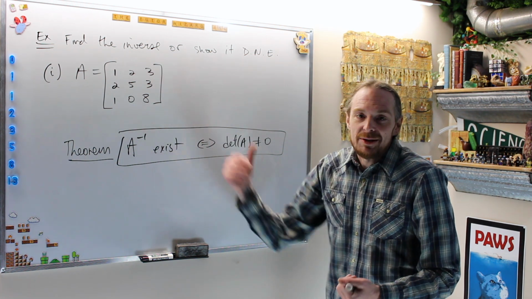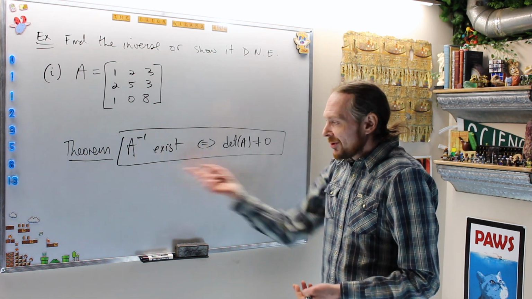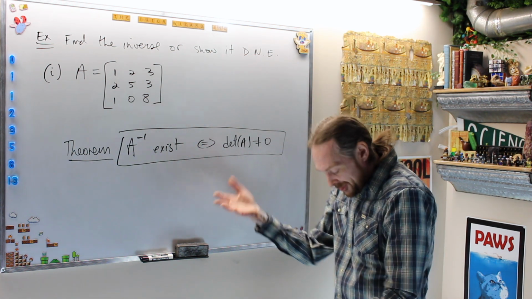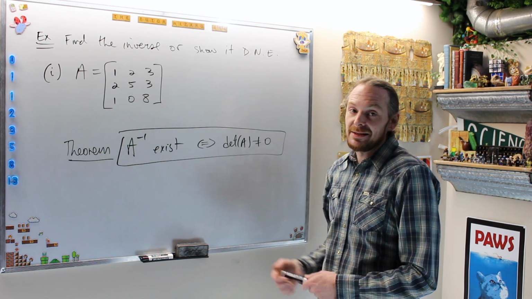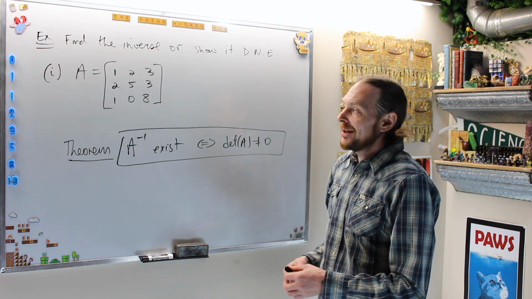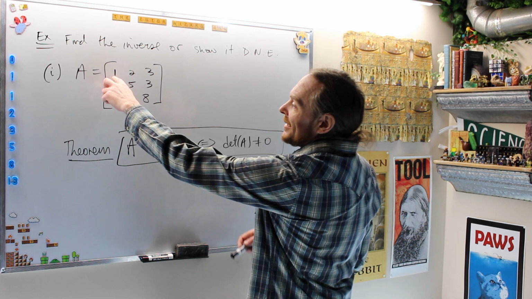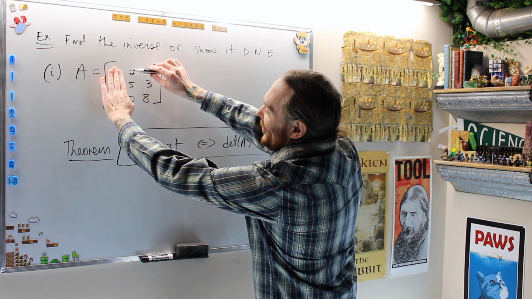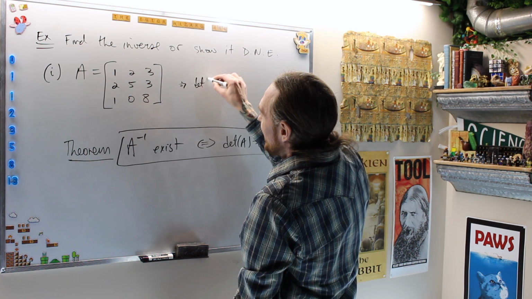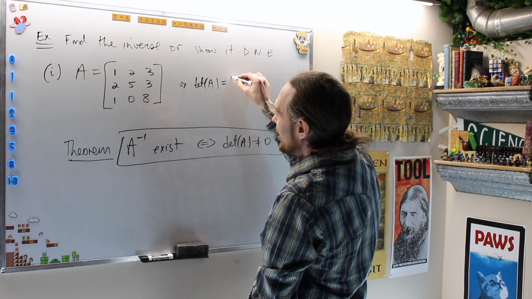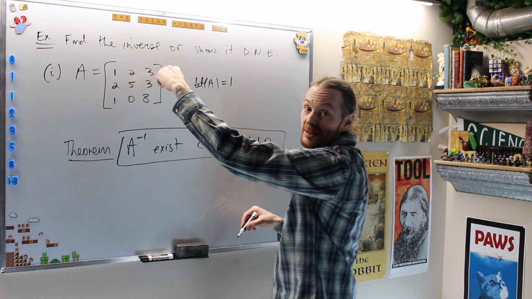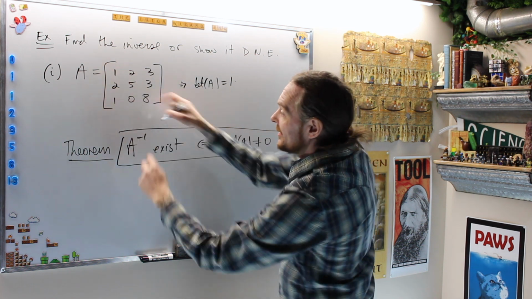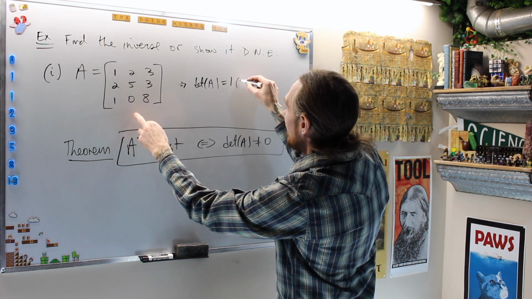In either method you use, this may be a useful thing to check before you compute all those horrible cofactors. Compute the determinant quickly. Can we do it in our head? The determinant is going to be 1 times, no we can't, 1 times 40. This says the determinant of A, in this case I'm going to do cofactor expansion along the top row and just be lazy. It's 1 times this subdeterminant, which is 1 times 40,